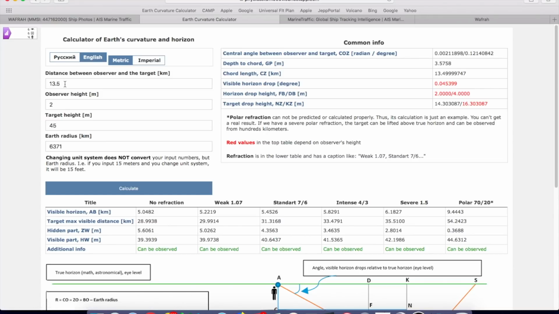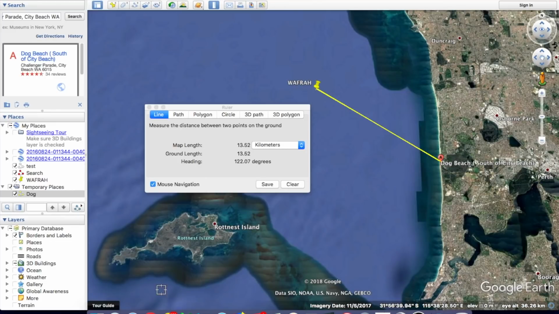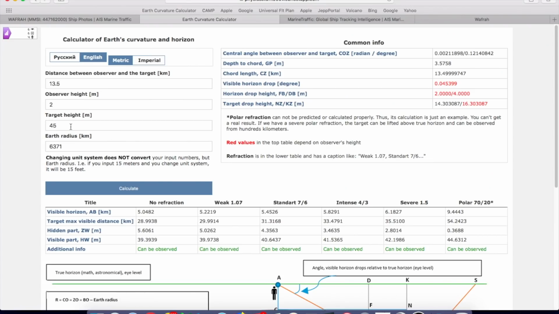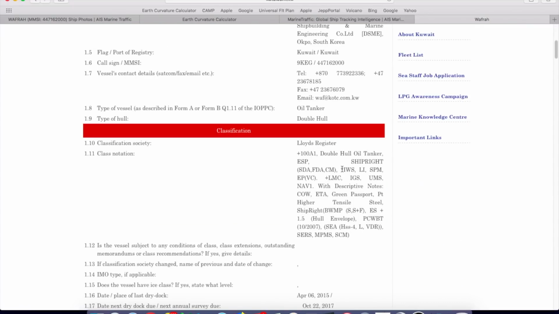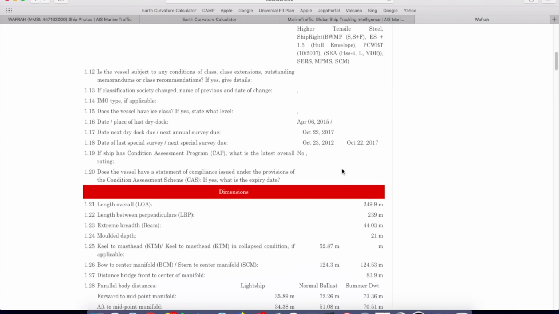I have the figures already put in. I estimate my height on the beach was about 2 meters. The distance to the ship, 13.5 kilometers from Google Earth. The target height is 45 meters. Now I obtained that from the vessel data page on the KOTC website. If we have a look here,